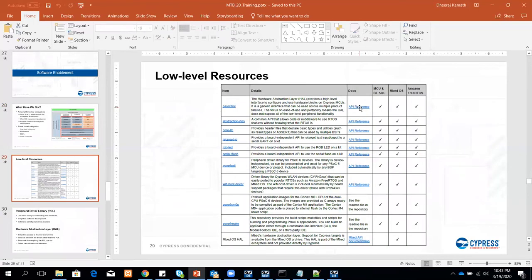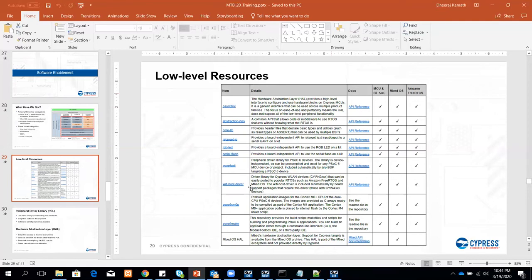So what are low-level resources firstly? When we say low-level resources, it is basically libraries that are specific to the device, and they help you to interact with the device and abstract the hardware level details.